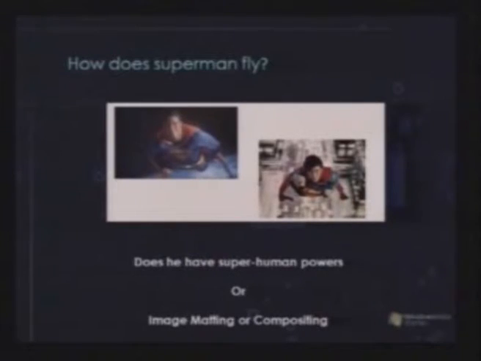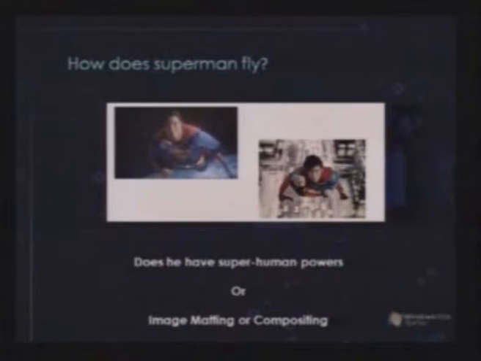Now, if we have a look at the images I've got, you can see in these images that Superman is actually flying. If we think as kids and normal human beings, we think that Superman has powers, that he's been born with such special powers that he can fly and do special stuff which we humans can't. But actually it's been done through film compositing. Superman is just a normal human being, an actor.